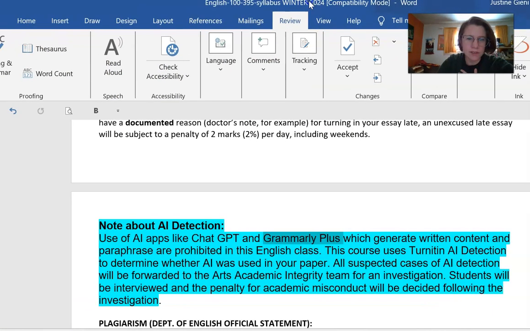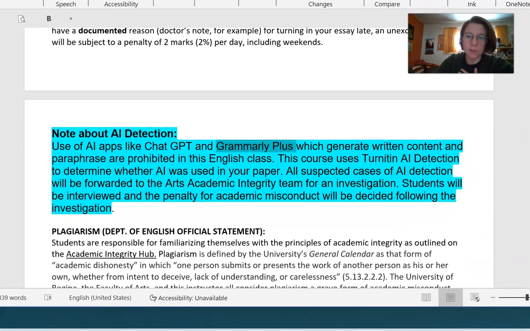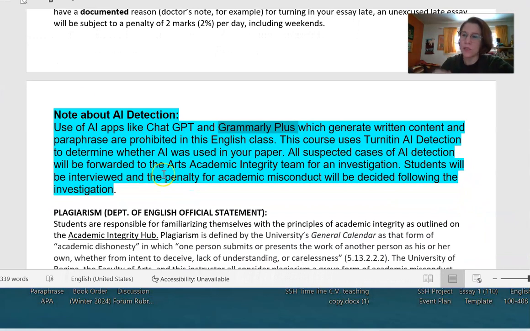You could do a spelling and grammar check through your Word doc, and that's fine, but you don't want something rewriting your paper for you, or a paraphrasing tool, because it's not your own writing, it's not your own skills being assessed. At that point, I'm assessing a computer's auto-generated writing, not your own.